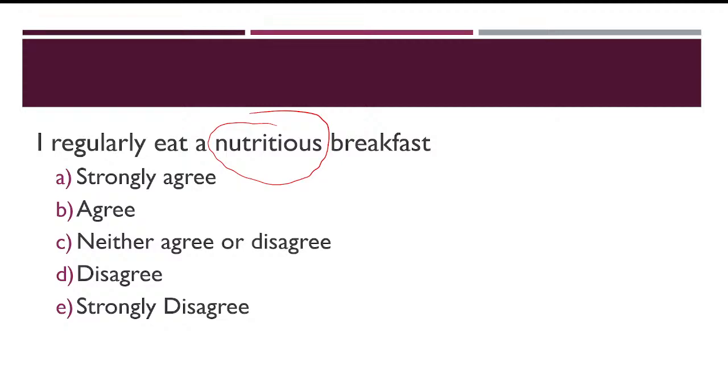Okay. Yeah, and I think splitting this into two questions probably makes some sense too. Like, I regularly eat breakfast being one question, and then my breakfasts are, I try to eat a nutritious or a balanced breakfast or something like that, could be a second question. Fixing nutritious or balanced a little bit with some nuance could help. Okay. Yeah, Brian.